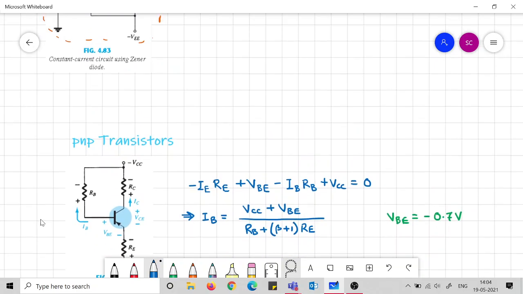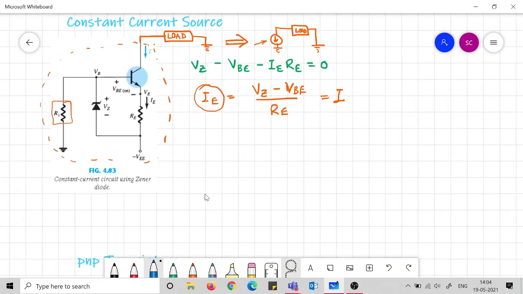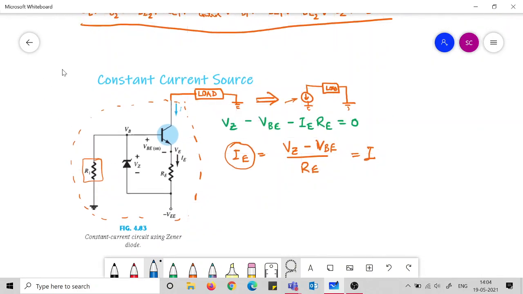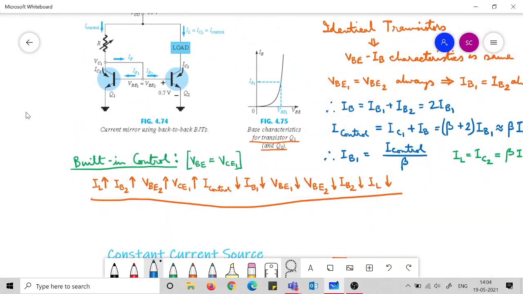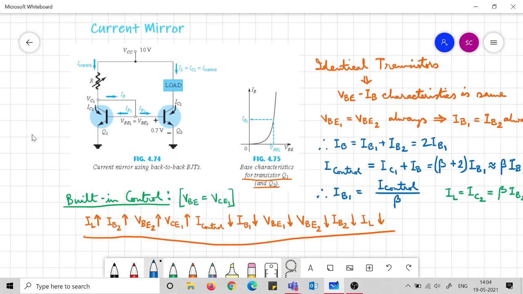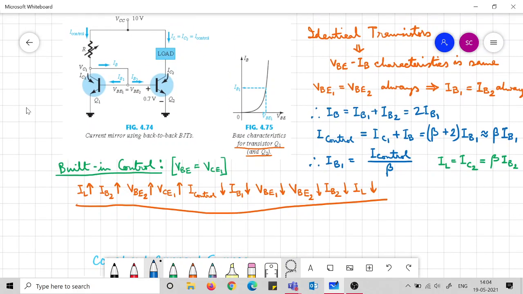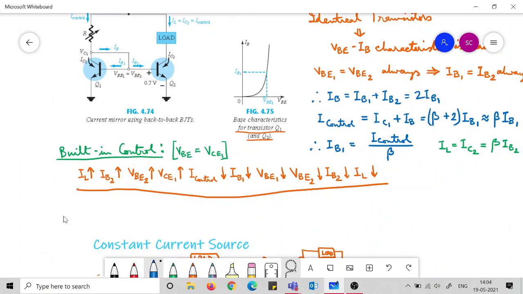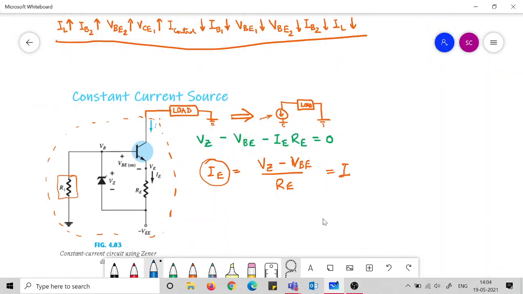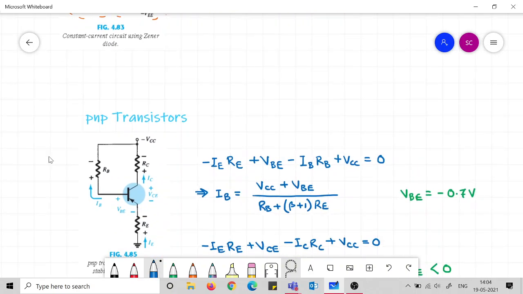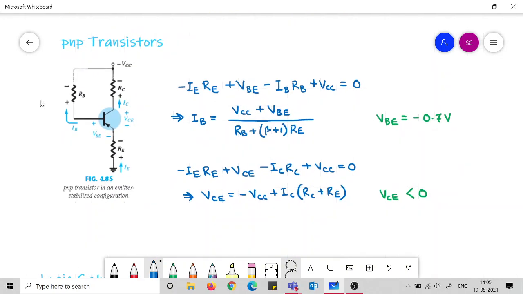So yesterday we talked about all the different multiple BJT networks, and these two very important use cases. One was the current mirror, and another one was a constant current source. So these are the two uses which we covered, and today we begin from here, where we look into PNP